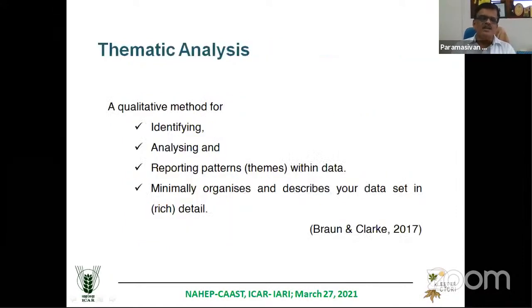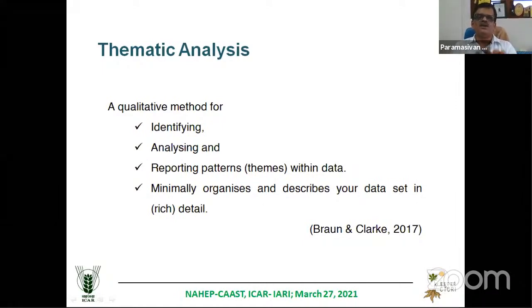Okay. So thematic analysis is basically a qualitative method for identifying, analyzing, and reporting patterns within the data, and it minimally organizes and describes the data set in detail. It is simply that you are asking the same questions to four or five people, and you read all the answers yourself. When you are reading the second or third answer, some uniform patterns will be coming. Some of the words will come uniformly. That is called the repetition method. You take it and you combine everything.